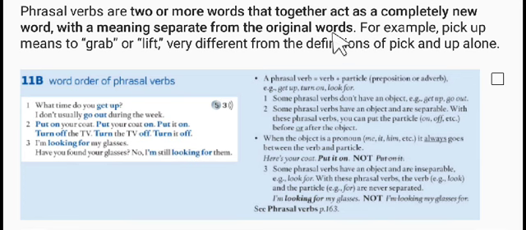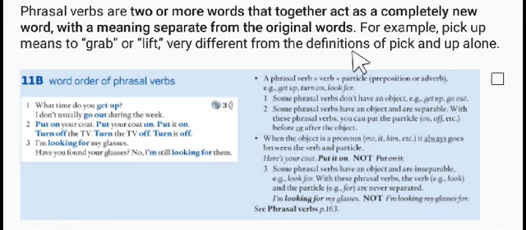Here we have more than one word that makes a phrase or phrasal verb. So here we have two or more words that together act as a completely new word